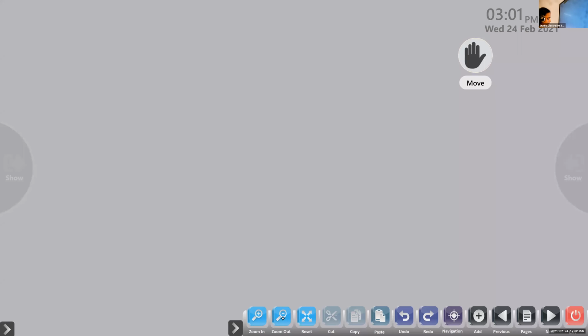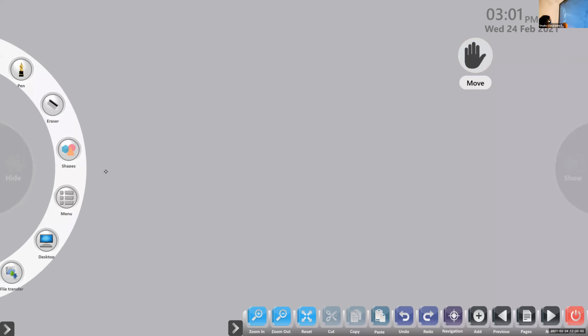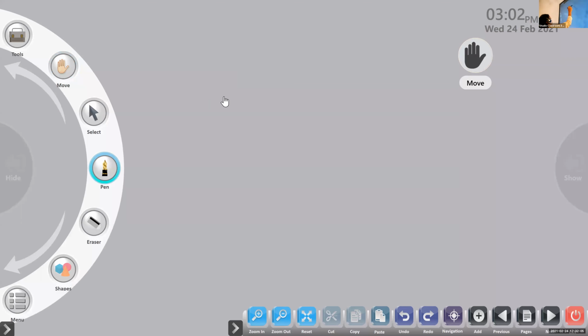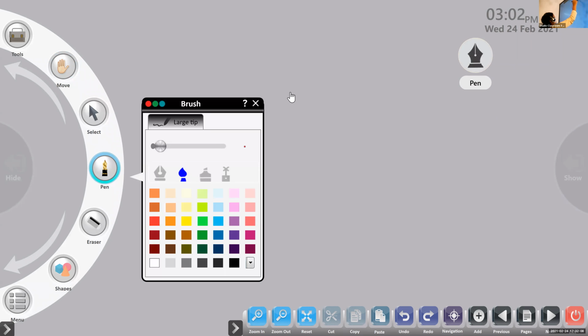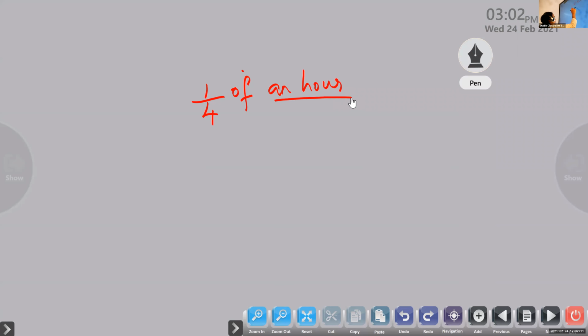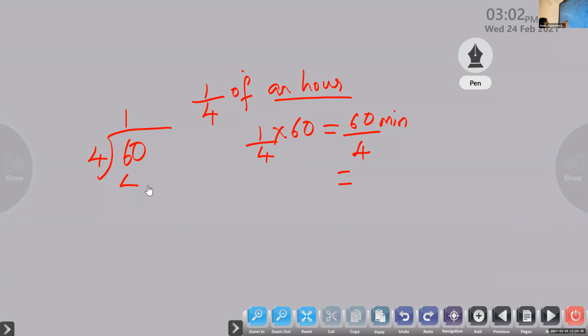So children, look here. What we have written here, 1/4 of an hour. So what we have done, instead of an hour, 1/4 times 60. So 60 divided by 4. That much minutes. So we got the answer. 60 divided by 4. 1 into 4, 4. Bring down, so 20 by 4. What have we done here? 5 times 4 is 20. So 15 minutes. Yes, children, did you get the answer?